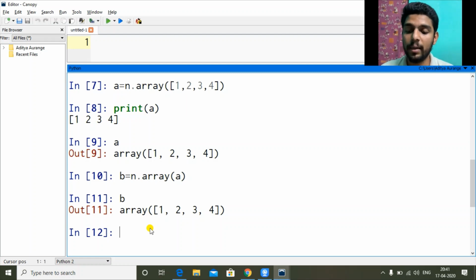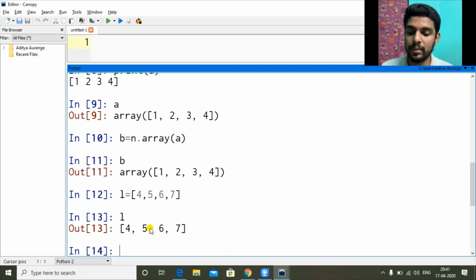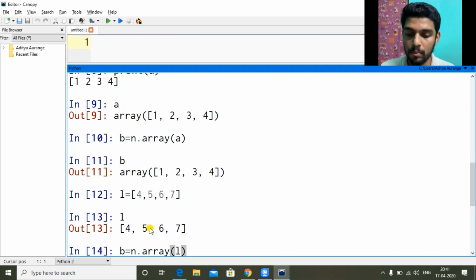Now a NumPy array created from a list. How can we create a list? List L equal to square bracket. We use square bracket 4, 5, 6, 7. Okay. Enter. Now L has 4, 5, 6, 7. Now if I use up arrow, we can go back to the previous command. So instead of giving A, we use L this time, which is a list.